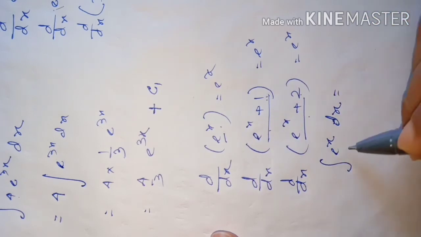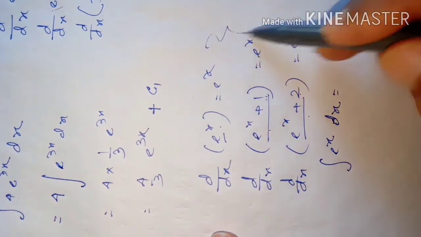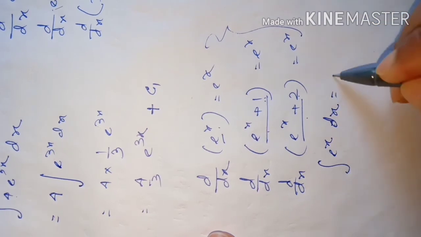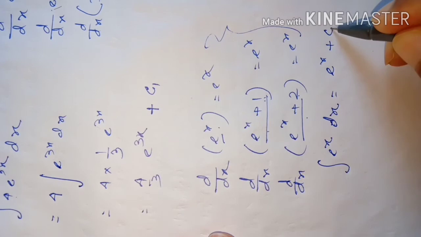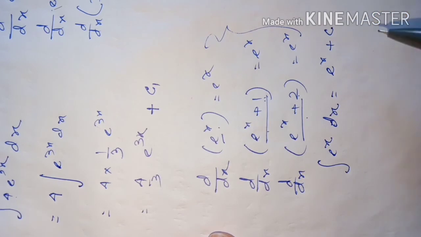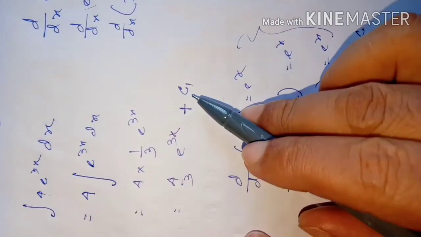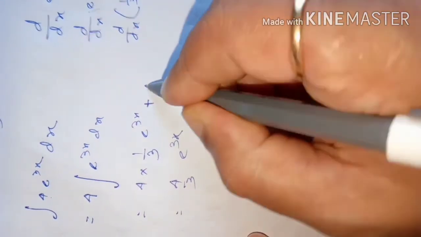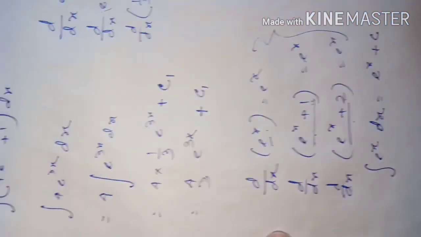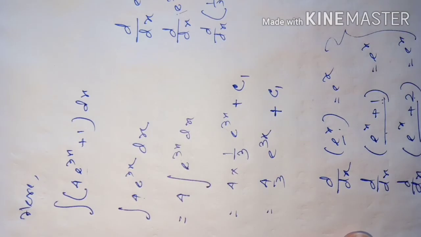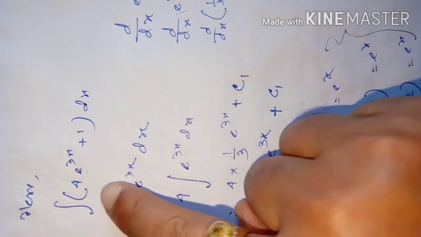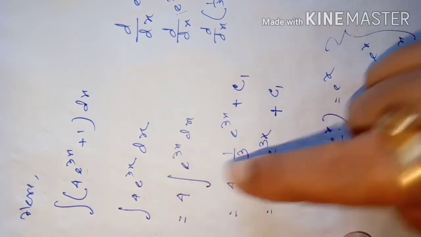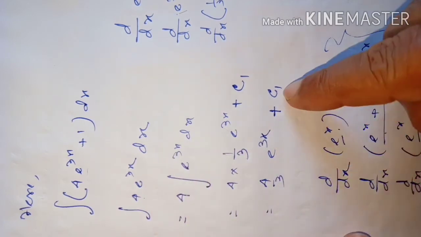So that's why whenever we have to say the antiderivative of this function, then we will have to add a constant with it. That is e to the power of x plus a constant. Got the idea? So that's how a constant comes. Whenever we write the antiderivative, we need to put the constant. So this is c1, constant c1. So we got the antiderivative of the first part. Antiderivative of the first part, that is 4 times e to the power of 3x, can be written as 4 by 3 e to the power of 3x plus c1.